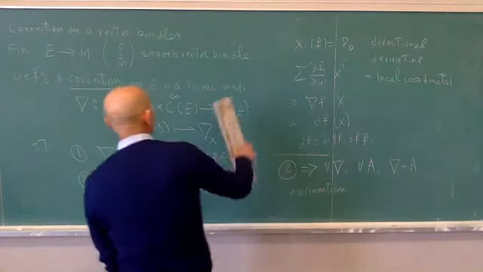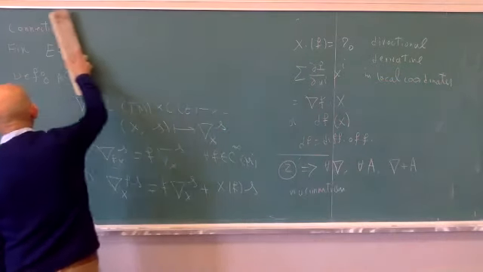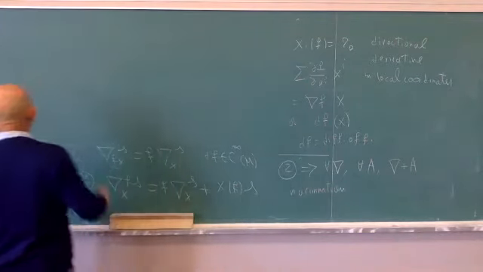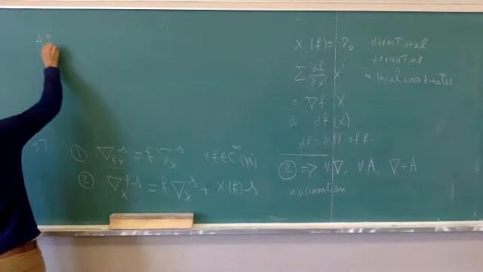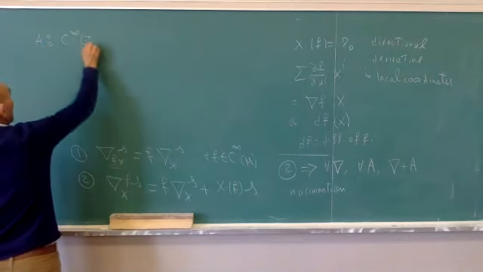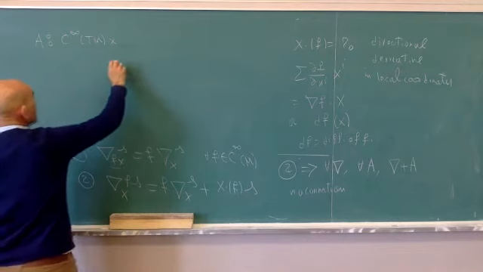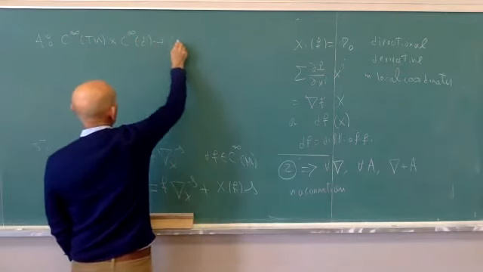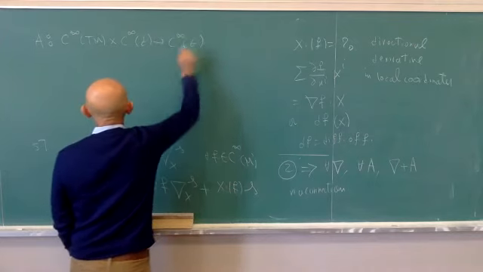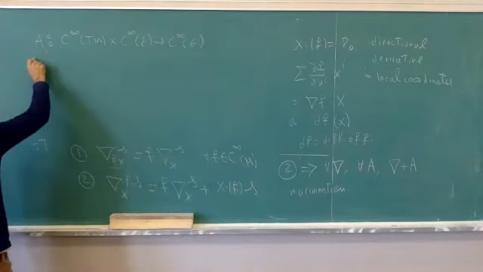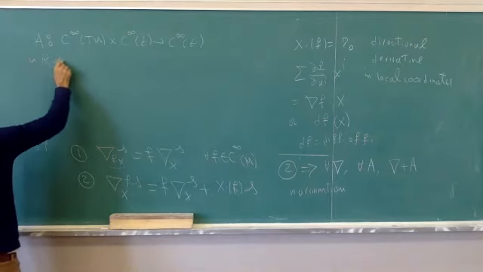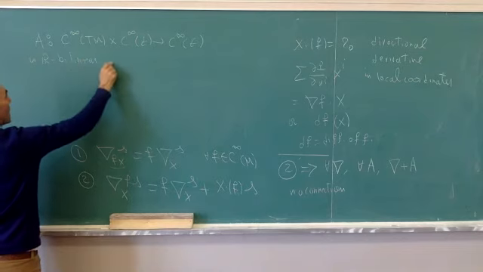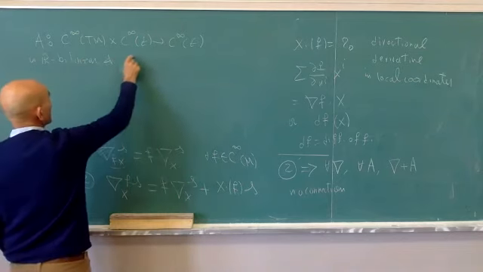Well, a is the following thing. A from C infinity of Tm plus C infinity of E, C infinity of E is R bilinear and satisfies